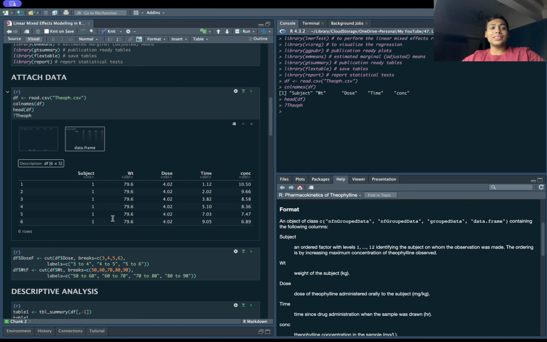Now this dataset is not very complex. In reality, there may be many more variables which might influence the concentration of theophylline or the rate of decrease of theophylline concentration in the blood, but we are going to limit ourselves to a few simple variables to make our models and interpretability easy. So first of all, I will be